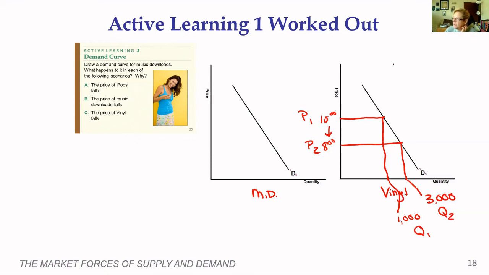Is this a change in demand or change in quantity demanded? You're right, change in quantity demanded. Notice I always say you're right, even if you answered something differently, because I just assume you all got it right, because you're bright, yeah. Okay, so this is a change in the quantity demanded because what preempted this or made it happen was a change in price. Okay, so what's happening to music